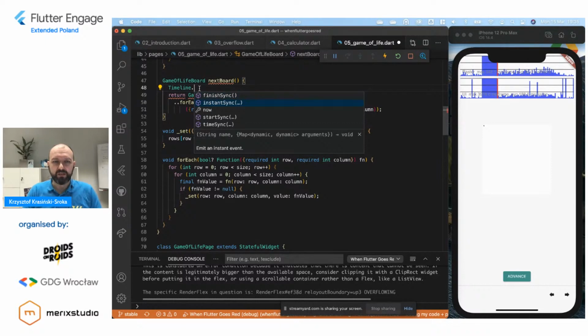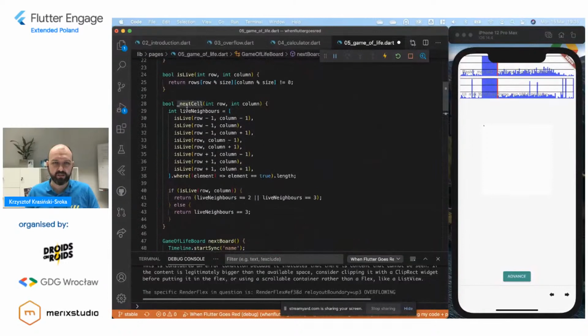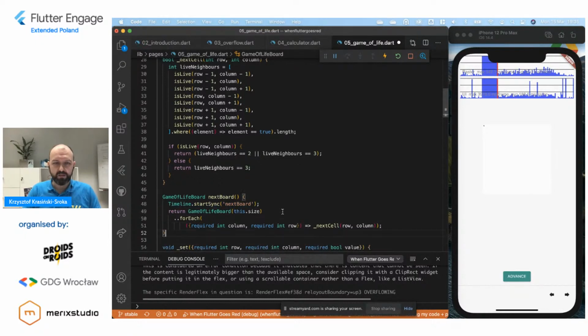So what we do with timeline is, if we have a synchronous function, that is a function that doesn't do any asynchronous operation, as we can see here, this doesn't do anything with futures. Next cell is a function that returns a Boolean, it's also synchronous. We use the start sync method. And yeah, we need to actually wrap it.